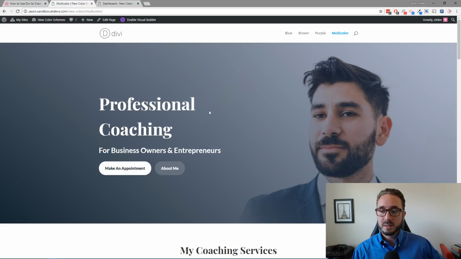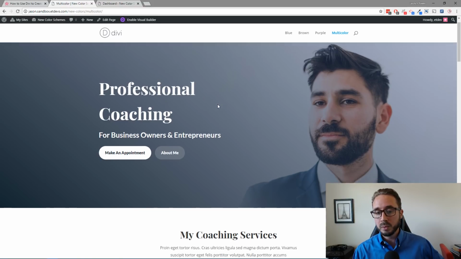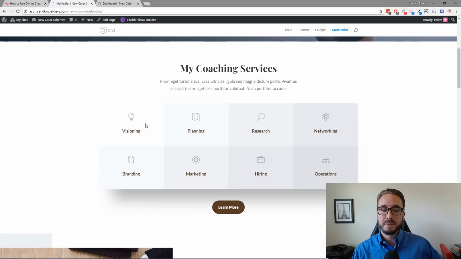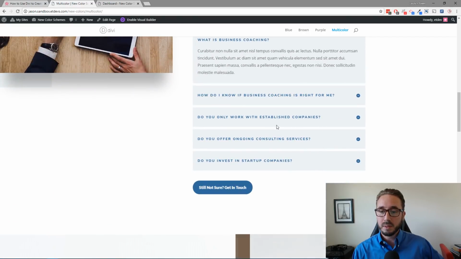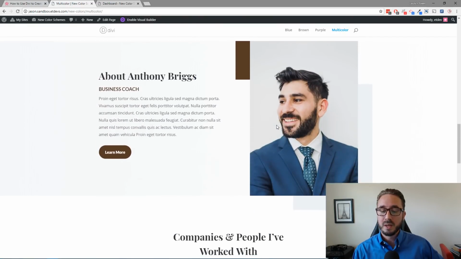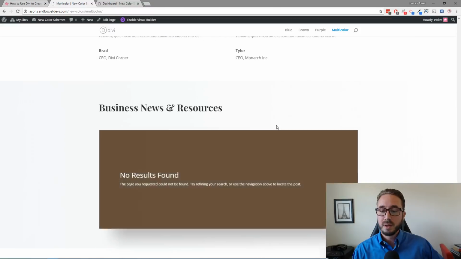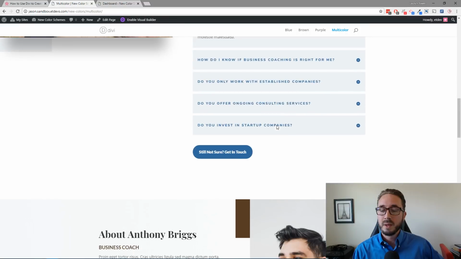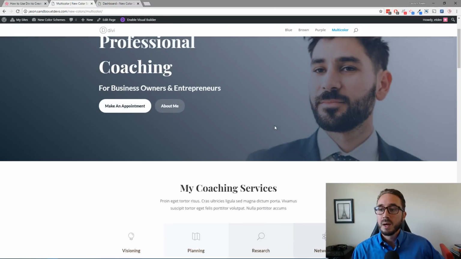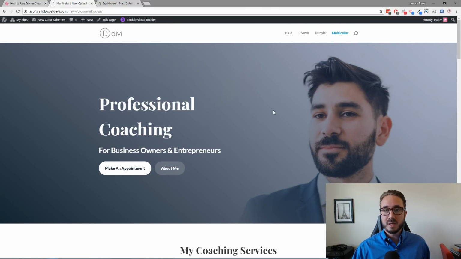So this is a nice, really dark blue here for the header. And then I've updated this to be the brown, to have that brown color here. There's a nice blue color for this section. As you can see, there's just different colors used throughout, just to give you an example of how you can easily do that with the Divi Builder. So that's kind of where we're going. And so let's go ahead and get started